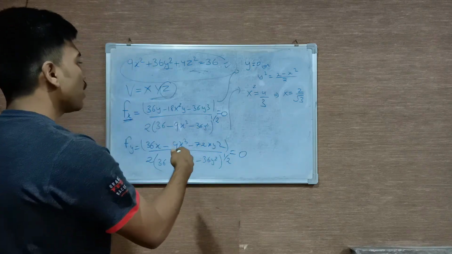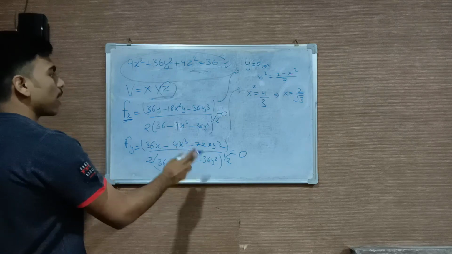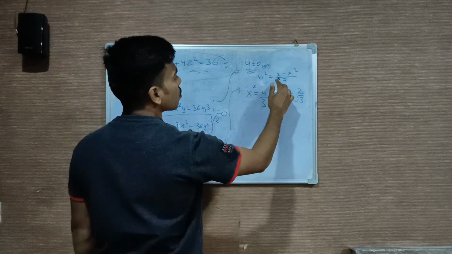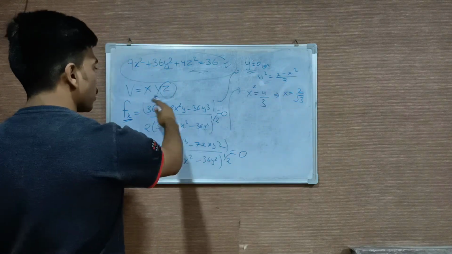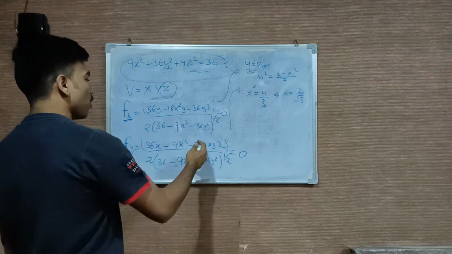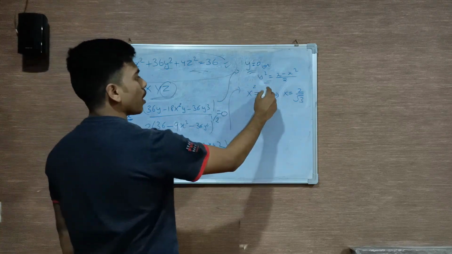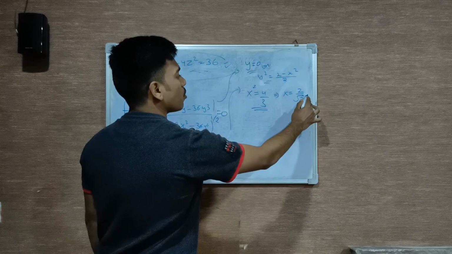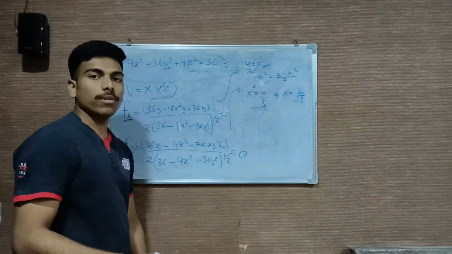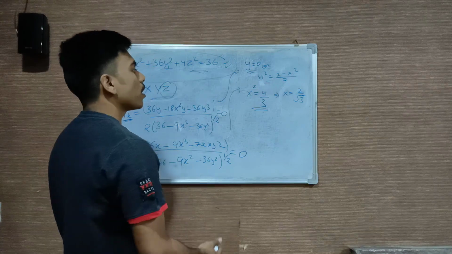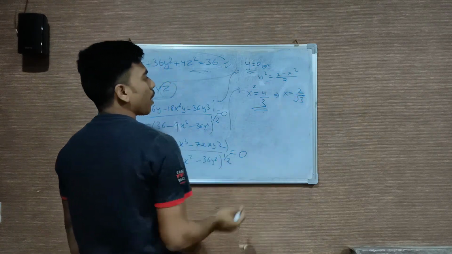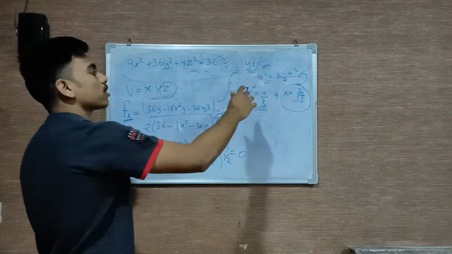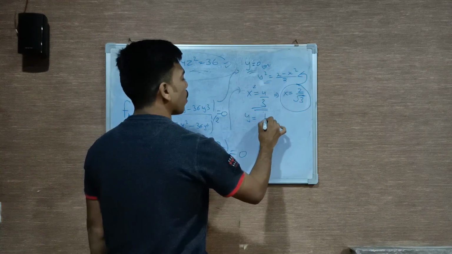After doing that we solve both functions, and I got the outputs: y is equal to 0 or y square is equal to 2 minus x square by 2, when equating to 0. After solving the other function while equating it to 0, I got x square to be 4 by 3. That means x is 2 by root 3. We also get x equal to minus 2 by root 3, but we can't consider x to be negative, so here I took x equal to 2 by root 3. Now substituting this x value in y square equals 2 minus x square by 2, we get y to be 1 by root 3.